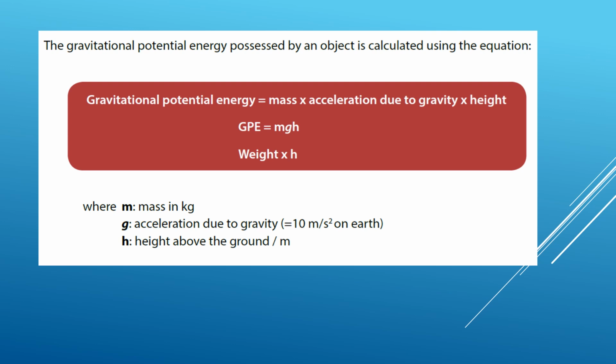Our next topic is the gravitational potential energy. This is the energy possessed by an object when it is lifted from the ground. So the gravitational potential energy is equal to the mass of the body times the acceleration due to gravity times the height through which the object has been raised. So EP is equal to mgh,